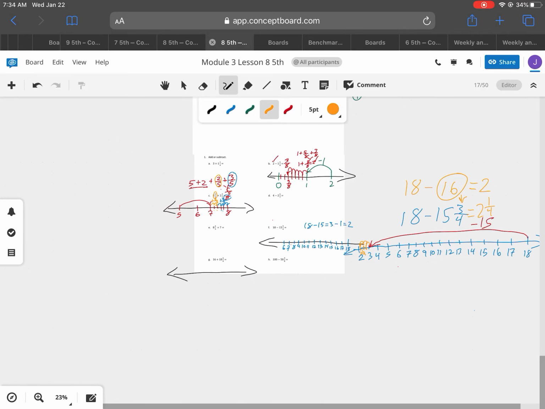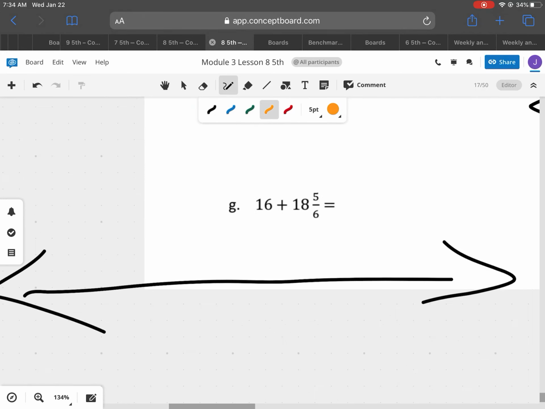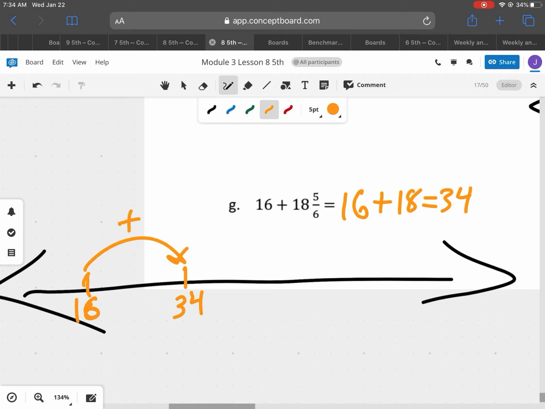All right. One last one. I'm going to do this really quick for you. I'm going to show you a little shortcut. 16 plus 18 is equal to 34. All right. So I'm going to go 0 here, and then I'm going to go 34 here. So we're going to jump here, and we're going to do this as 16, and we're going to jump to 34,